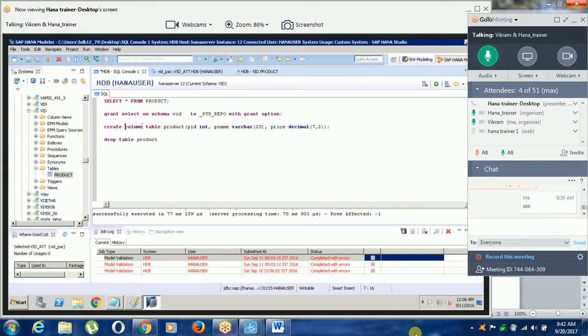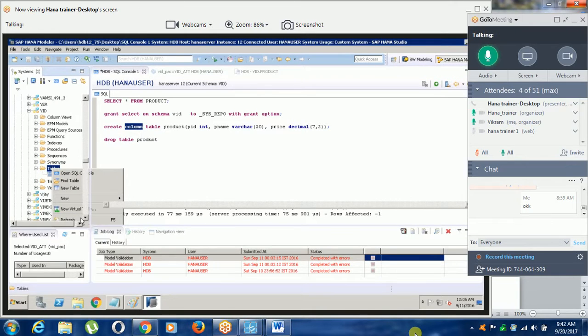See, when we write column here, it means a column store table. The row store icon is like that. But if I refresh it, column store is like that, with vertical lines.